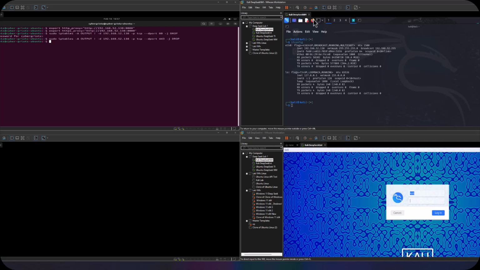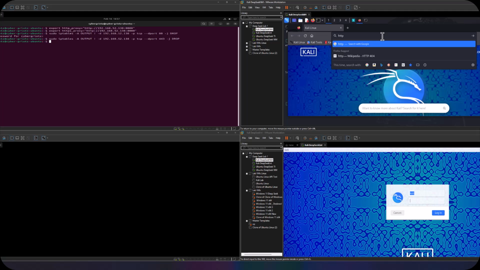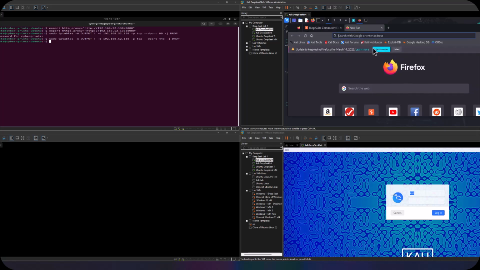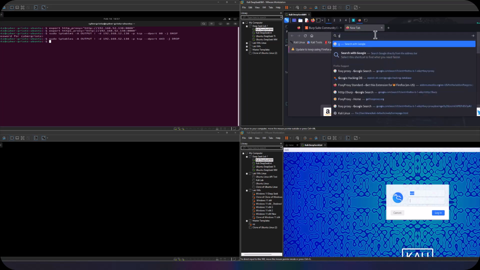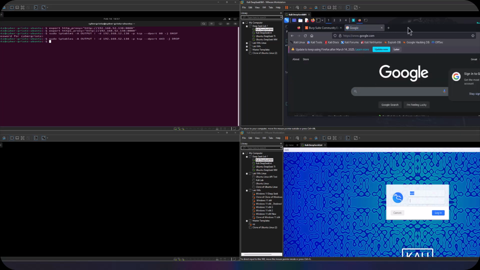And just to check if it works, I'm going to close Firefox and pull it back up. So http://burp, or go to any site, and it shouldn't be any issue. So I'll go to google.com. Okay, so we're not getting a certificate error because we installed the Burp Suite certificate. So I'll go there,